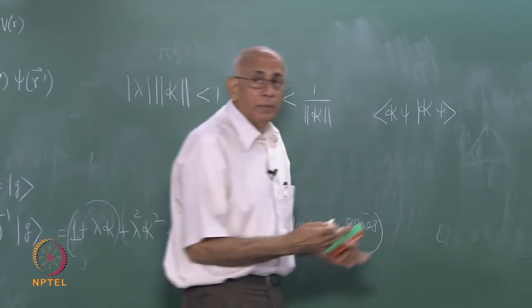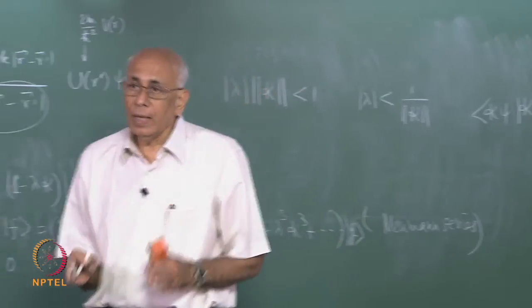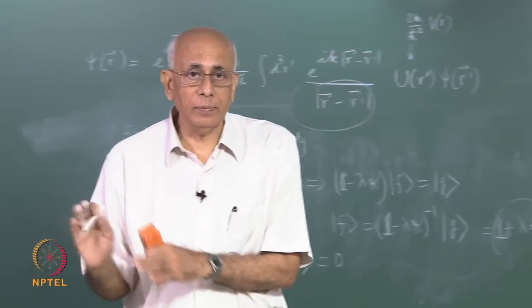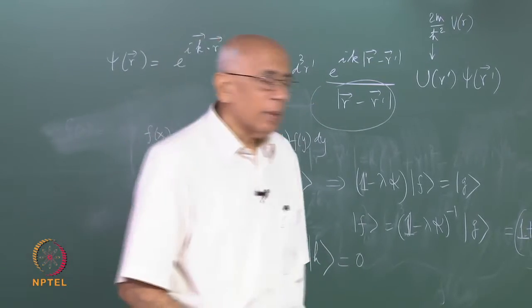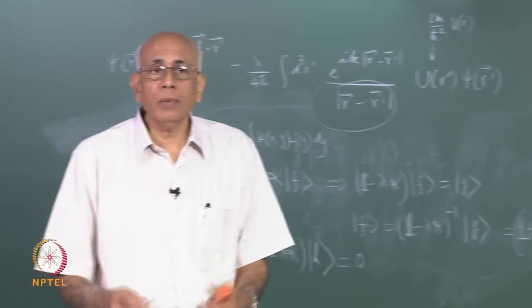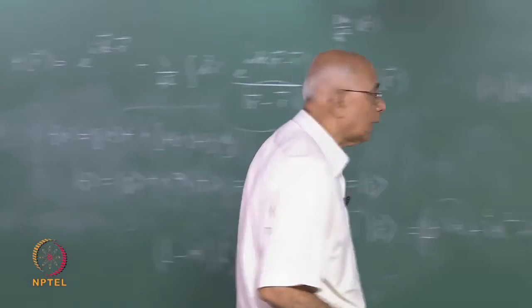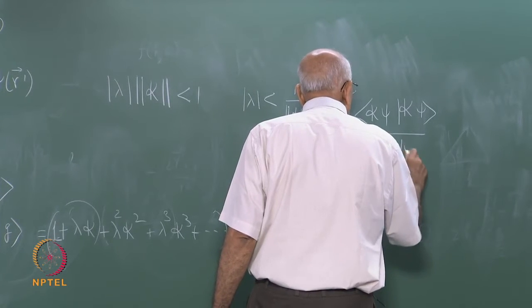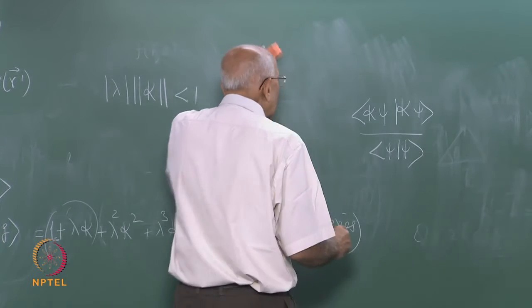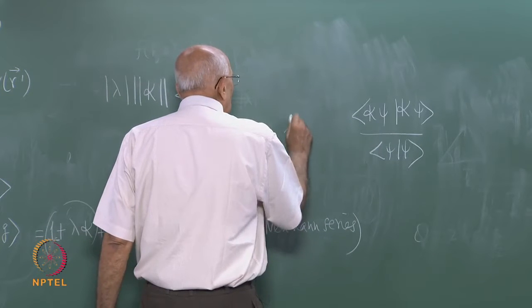This quantity is 0 if and only if k psi is the null vector, otherwise it is a positive quantity, but its value will depend on what the normalization of psi was. You want to get rid of that, so you divide by psi inner product psi, and then you want to find out what is